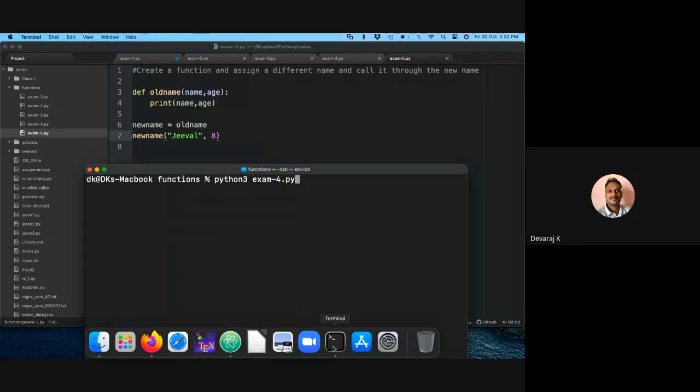This is example 5. So I need not call the same function name. The only thing is I should assign the old function name to the new name. Then I can call whatever variable I have assigned, and it will take the values as I have defined in my old function. That flexibility is there in Python.